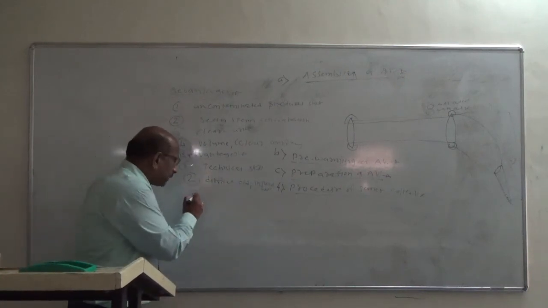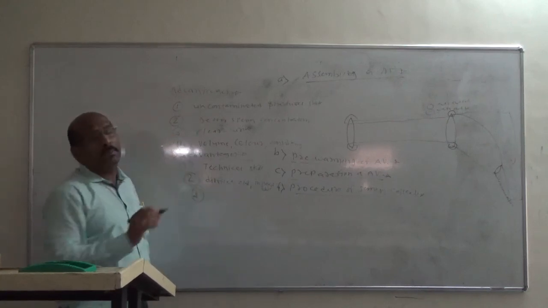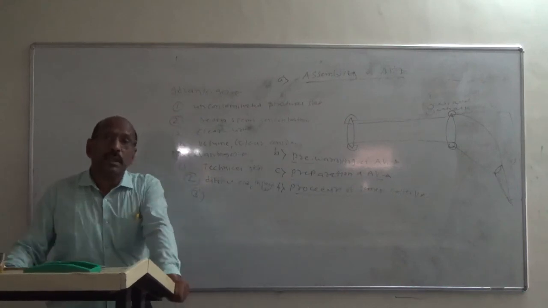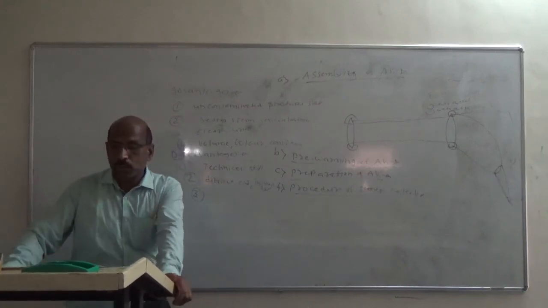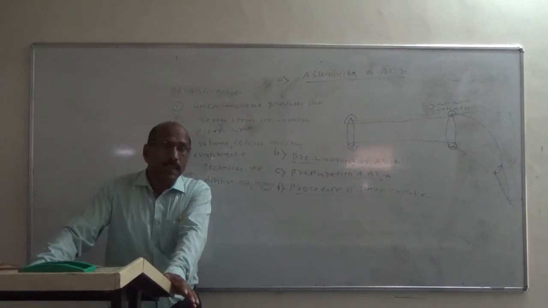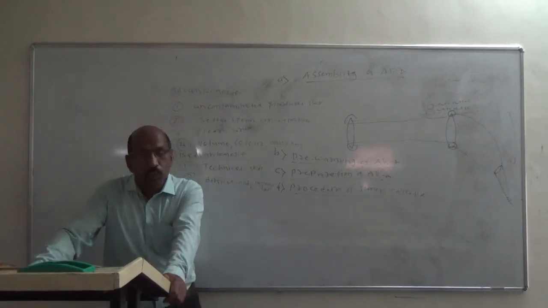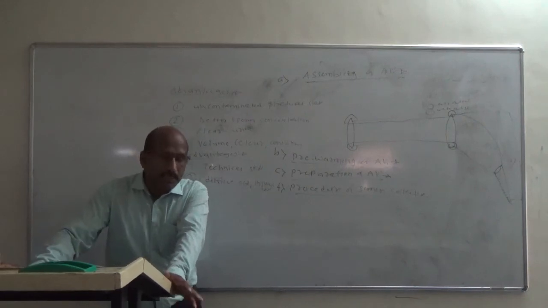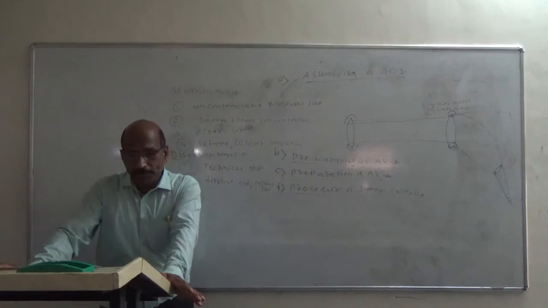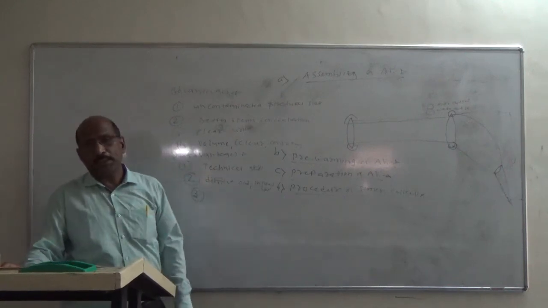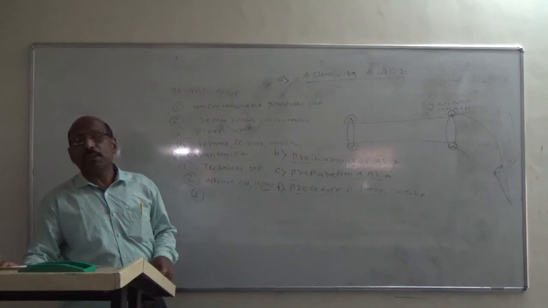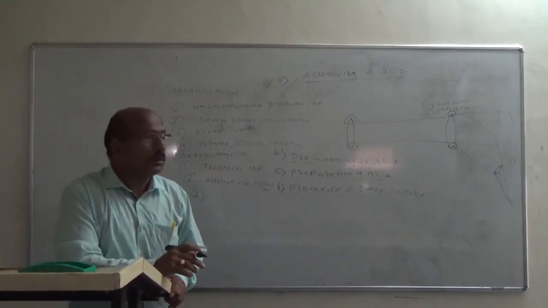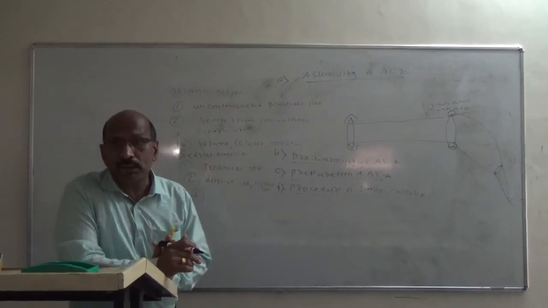Third disadvantage of this AV method is that some males refuse collection by this method due to variation in temperature, pressure and lubrication. So this is the first method, that is the AV method, the artificial method, having four parts.